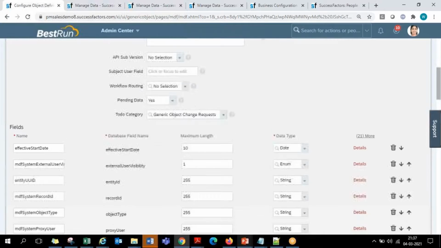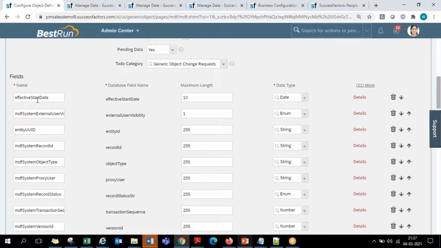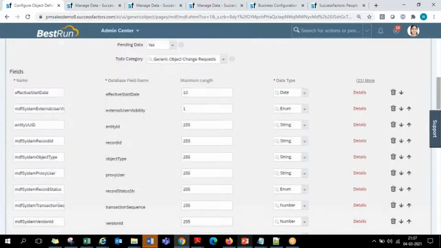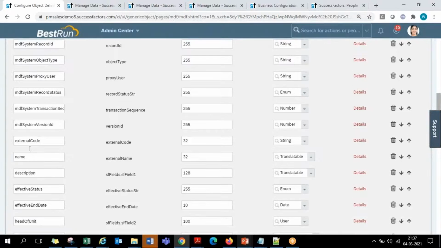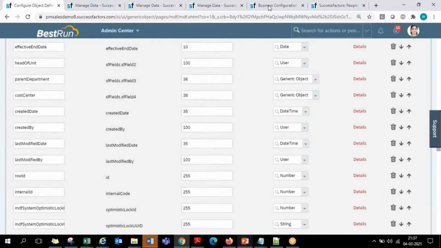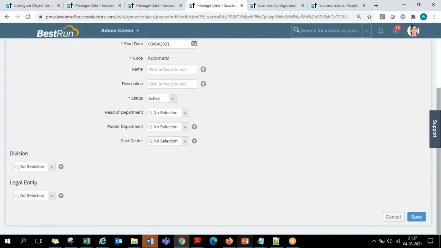Here, scrolling down under the field section, all the non-MDF fields, anything which is other than the MDF system fields, those will appear on the front end: the code of the department, name of the department, description, status, all these fields. Along with these department related fields, you also have the division as a parent that the system is asking.